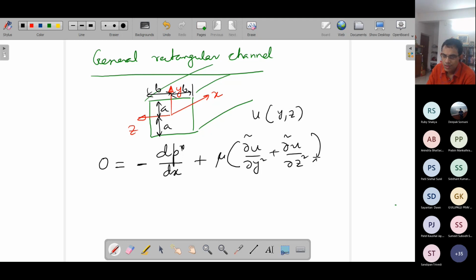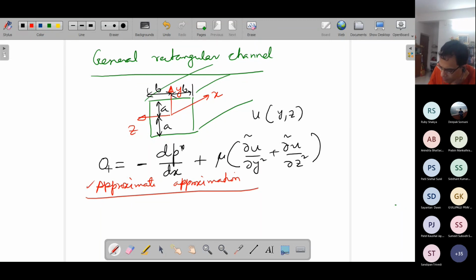So what should we do? Now I will tell you an engineering approach, and today we will run out of time, so possibly in the next class we will talk about a more rigorous mathematical approach, and we will see when these two approaches agree and when they do not agree. We'll call this a practical approach an approximate solution instead of an engineering approach, because it could be used by anybody, with a rider that this is an approximate solution.